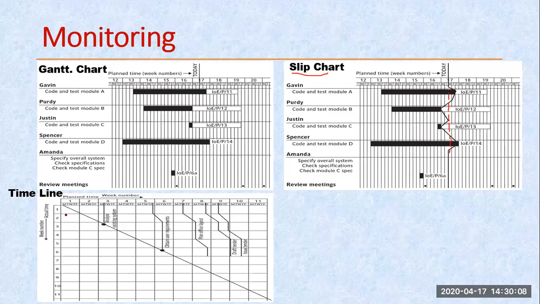This is my timeline. This is another technique to monitor the project. If these drop lines fall directly onto this line, this is my timeline, slanting lines, this means we are on time. If the deflection is towards the right-hand side, then this is a delay. If it falls this way, then we are ahead of time.